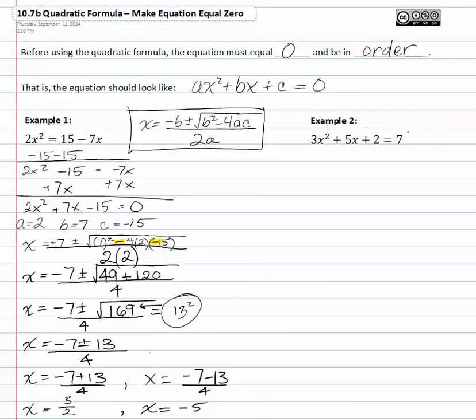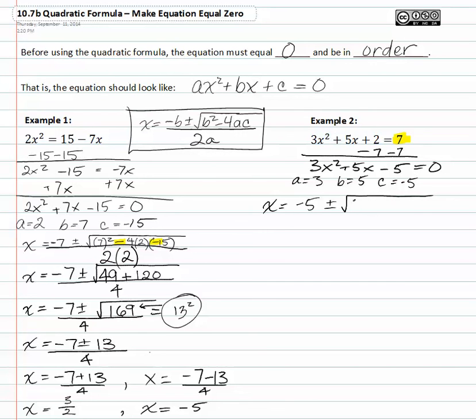Now let's look at example 2. In this case, we only have one term sitting all by itself on the right side of the equation, and we just need to set this equation equal to 0. So we're going to go ahead and subtract 7 from both sides, and that's going to give us 3x squared plus 5x minus 5 equals 0. So I've got a is equal to 3, b is equal to 5, and c is equal to negative 5. Now I can plug in those values for a, b, and c in the quadratic formula, and I will get the following. X is equal to negative 5 plus or minus the square root of b squared minus 4 times 3 times negative 5 all over